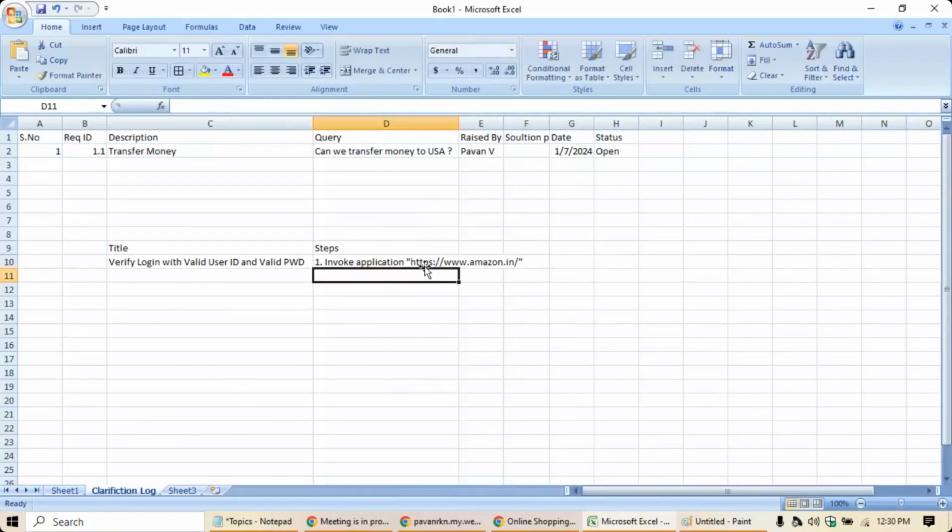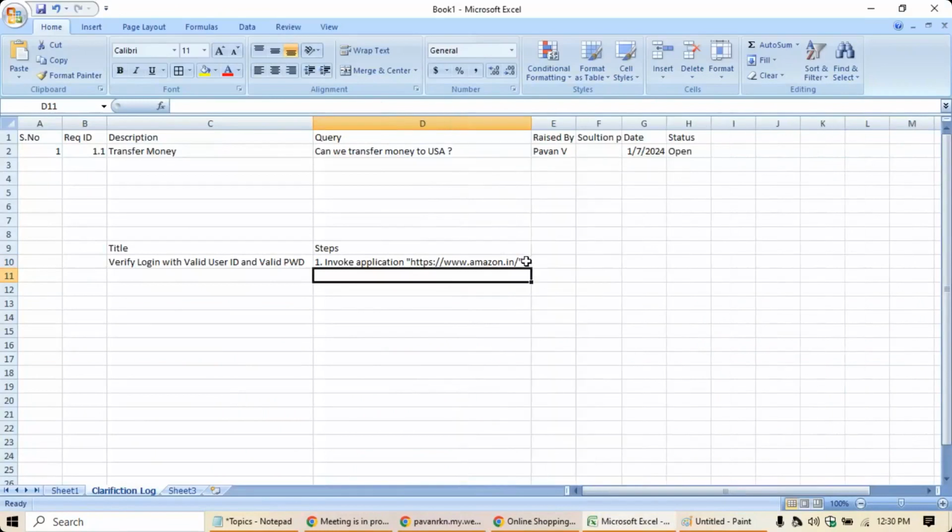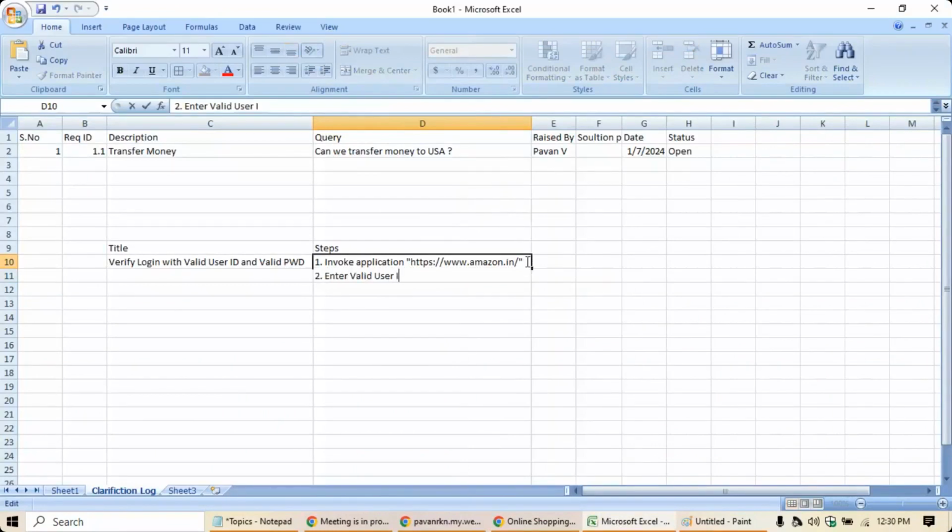Okay, like that you will be writing. And now if you see, if I click enter, it will go to the next cell, but I wanted to write the data in the same cell. What you're going to do: double click here, the cursor will come, press alt enter. Most of the people don't know this, and they will simply press the enter button. So what you have to press is alt enter, Alt key and Enter together,